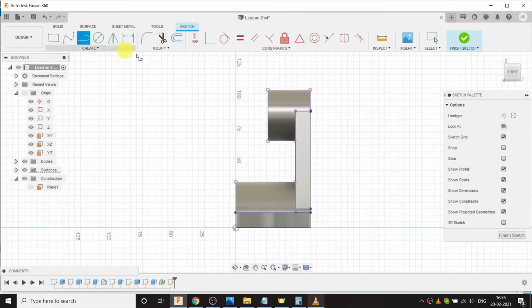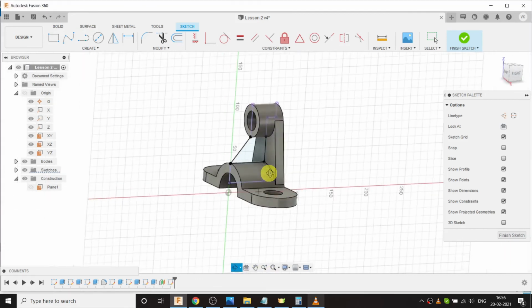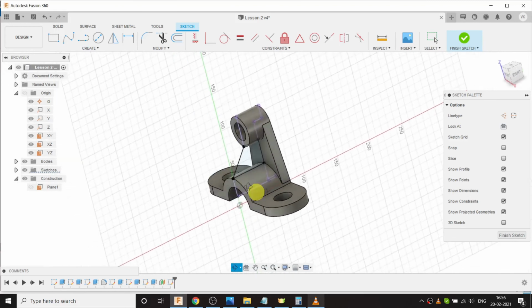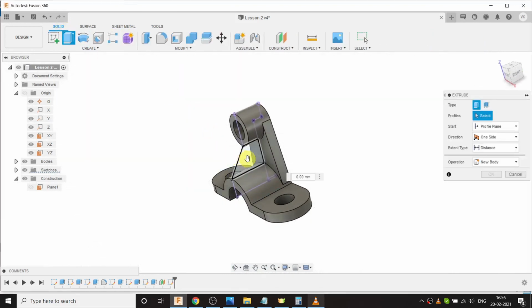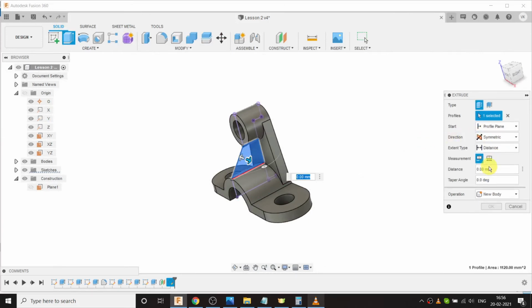Now go to line tool and create a profile like this. Now rotate the model, click OK, go to solid, choose extrude command, select the profile and give the direction as symmetry and distance as 6 mm. Click OK.